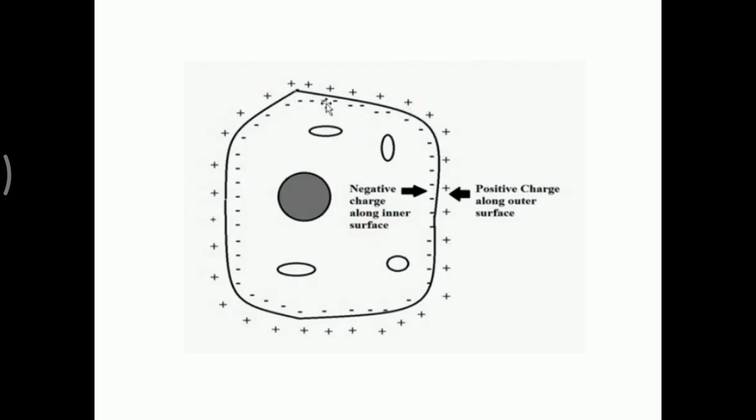So this is the cell structure. The center thing is the nucleus, the black one, surrounded by cytoplasm, and the outer layer is the cell membrane. The cell membrane separates the negative charge and positive charge. So this is the cell during the rest condition. Negative charges are present in the cytoplasm inside the cell membrane, and positive charges are present outside the cell membrane. This leads to the generation of bioelectric potentials.